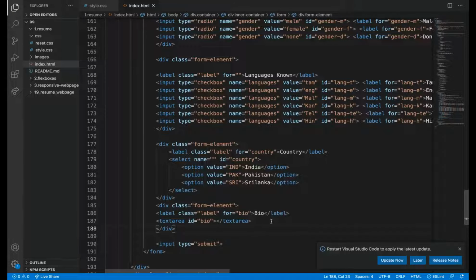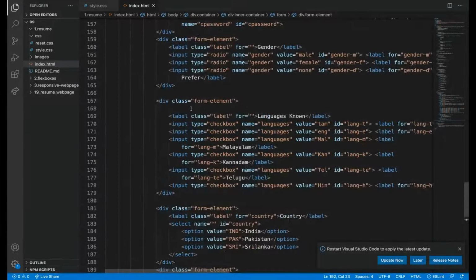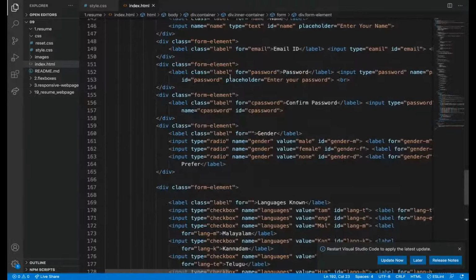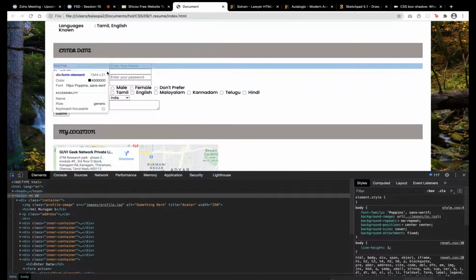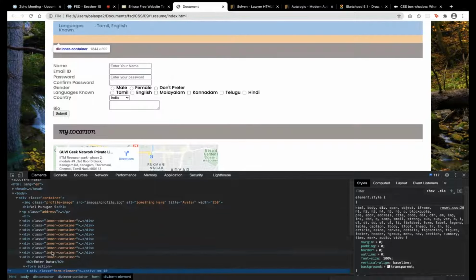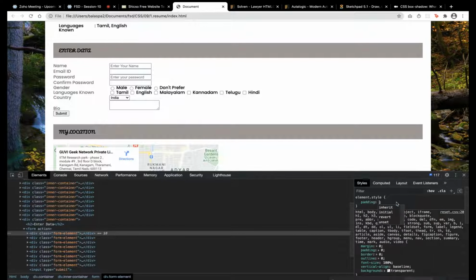Now you can clearly see I have added a division with a form element to all the places. Nothing changes because we have just added a division tag. So what I'm going to do is apply some padding to this division tag.